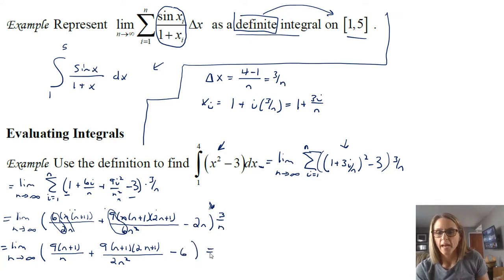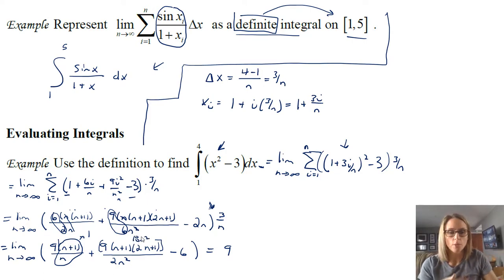Now, due to spacing and certain limitations here, I'm just going to talk to you about this limit because we've talked about it in the last section. We want to remember that this limit, n plus 1 over n, because of the same exponents, goes to 1. So this is going to give you 9 when you take the limit. Over here, understand that if you were to multiply out this piece, all you really care about is the leading term, which would give you an 18n squared. When you take that limit over 2n squared, you're going to have plus 9.